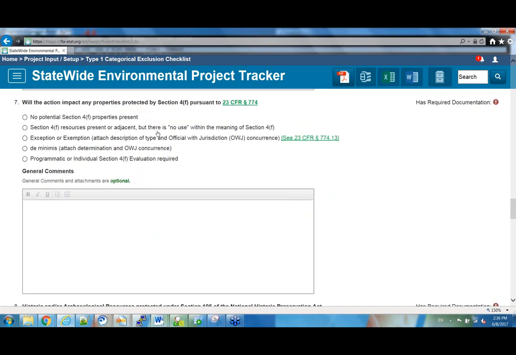Question 7, will the action impact any properties protected by Section 4F pursuant to 23 CFR Section 774? Your options are no potential Section 4F properties present, or Section 4F resources present or adjacent, but there is no use within the meaning of Section 4F, exception or exemption, and there you'd attach the description of type and official with jurisdiction concurrence, and there's a reference to the regulation. There's de minimis and programmatic or individual Section 4F. Whichever option